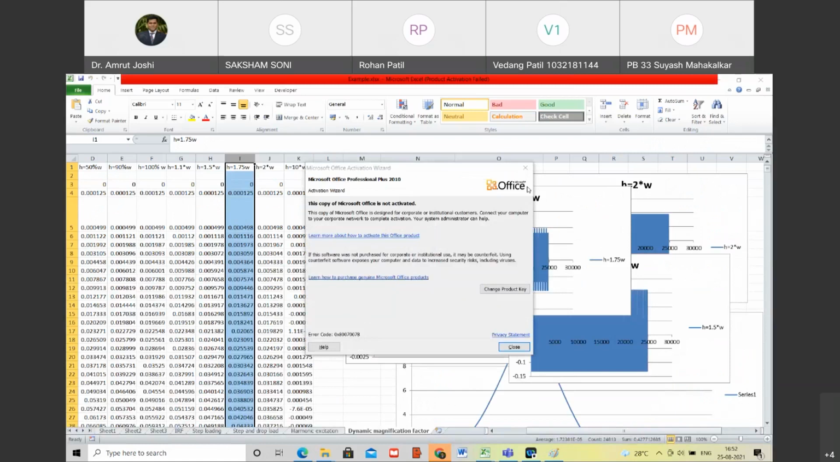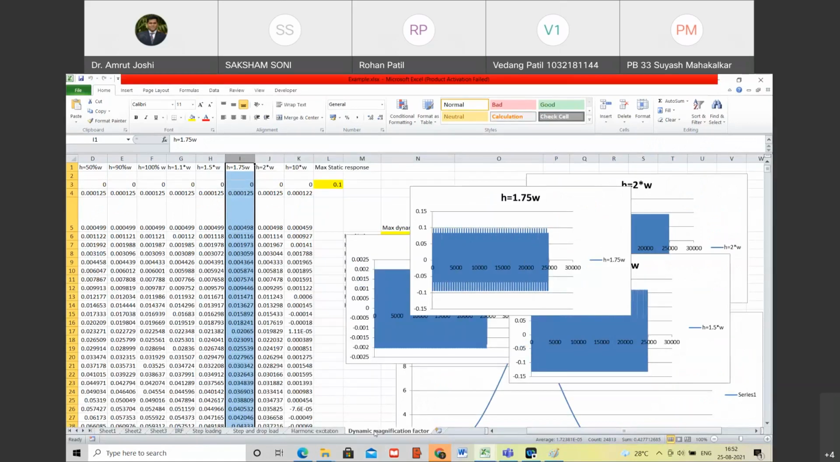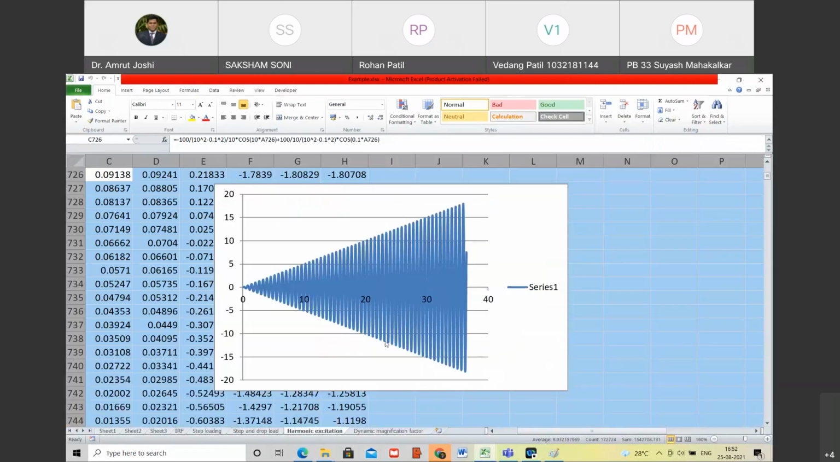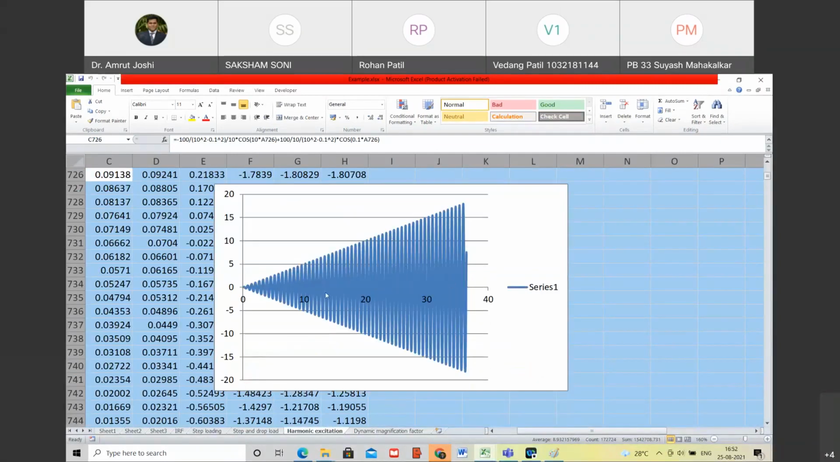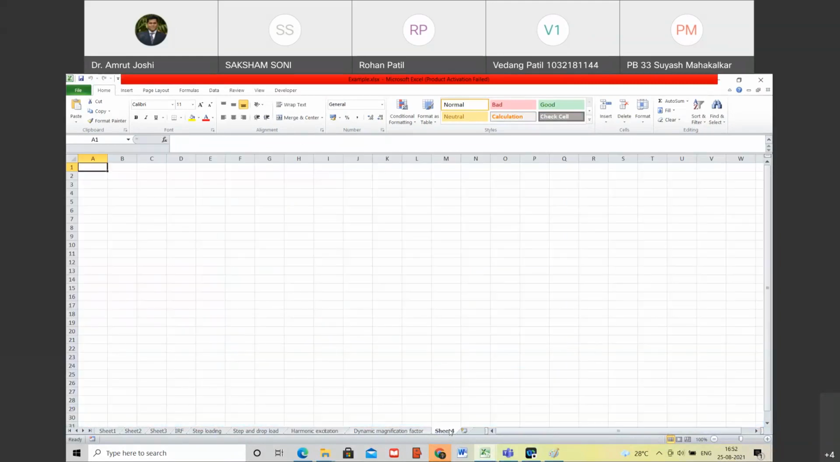I hope the sheet is visible. Now this is the dynamic magnification factor. This we were discussing. This is harmonic excitation. This is the response of an undamped system to resonance. So when omega became equal to lambda for an undamped system, this is how the response is. And now we are trying to have the harmonic response